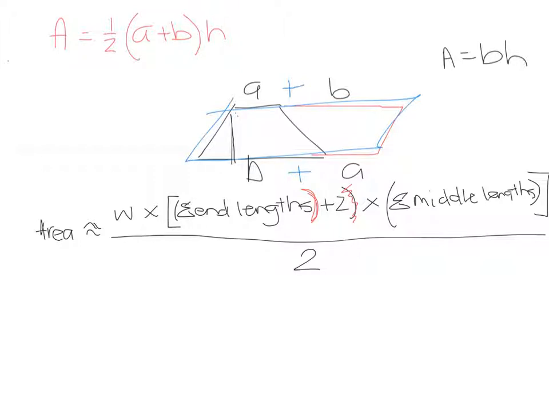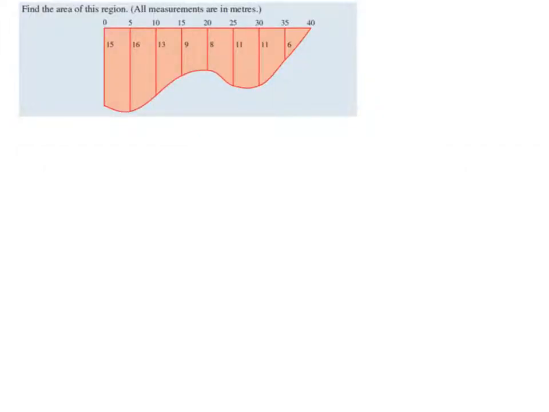Okay, so we find the sum of the end lengths, then we find the sum of the middle lengths. So sum of the end lengths, add them all up, sum of the middle lengths. And then we're going to add to multiply. Okay, so let's do an example. That'll make things a bit easier. Okay, so we're going to find the area of this region. All of the measurements are in meters. So the first thing I'm going to do is write my rule. So area is approximately equal to width times square bracket,